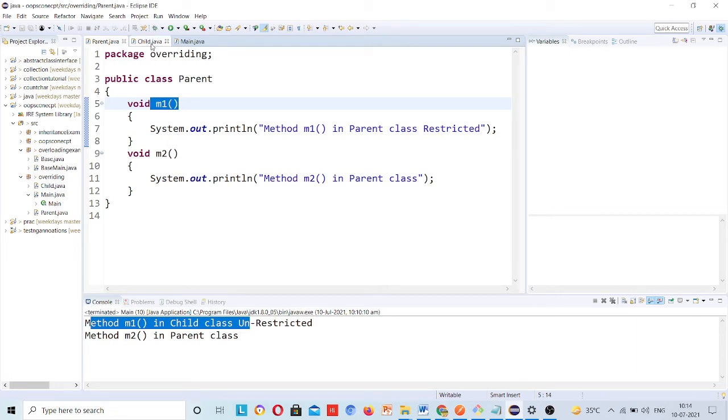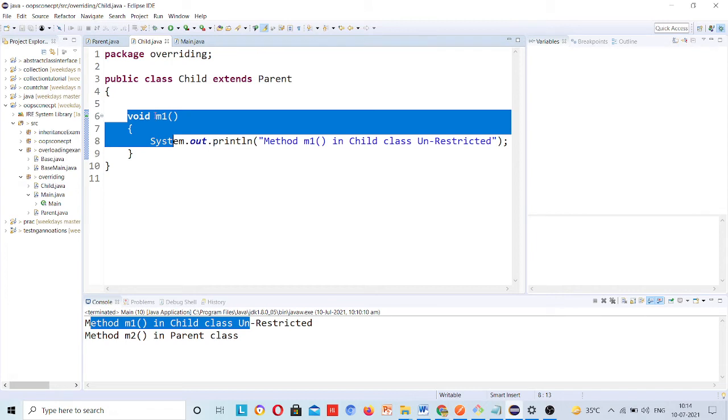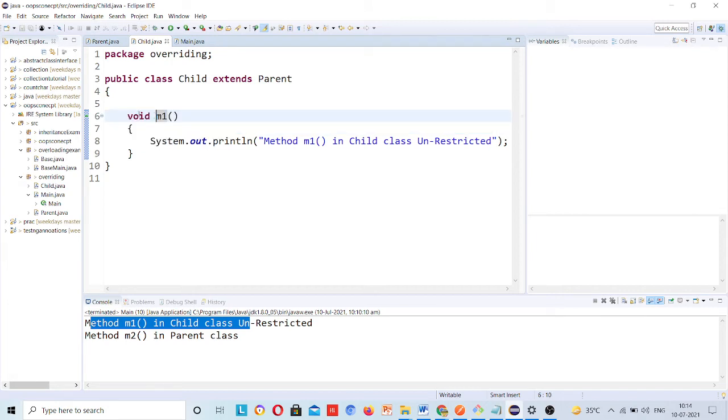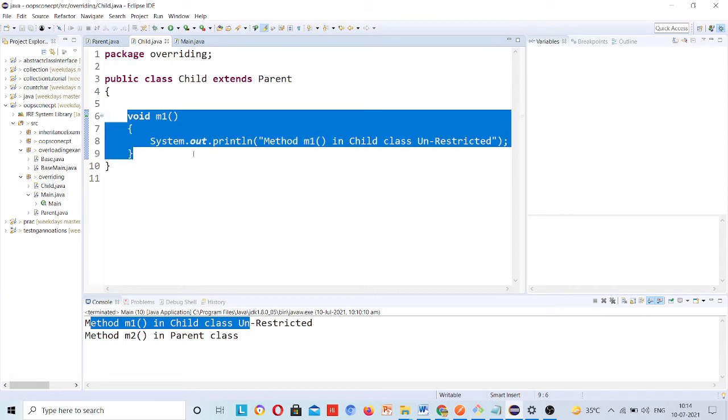If the same m1 method you are writing in the child class, that means this is overriding the parent method. You are not forcefully asked to write override. It will understand on its own that you are overriding this method.